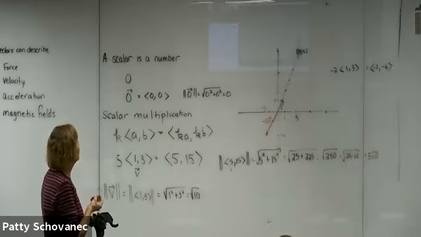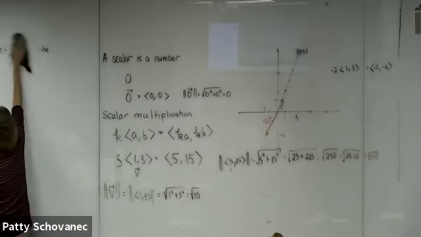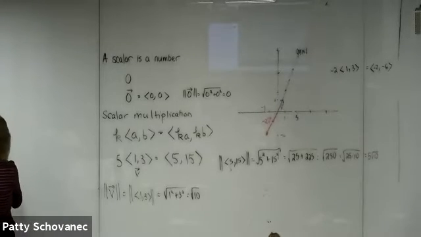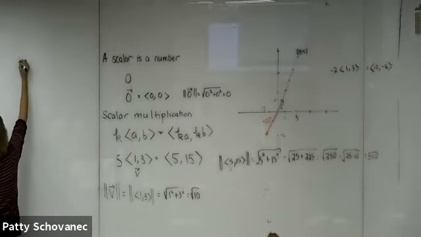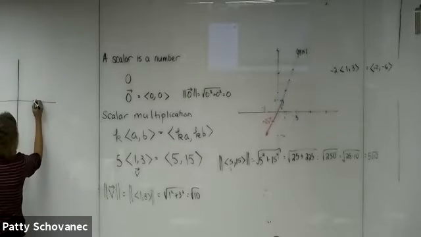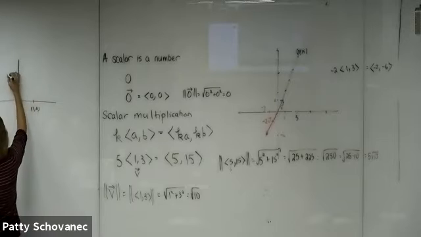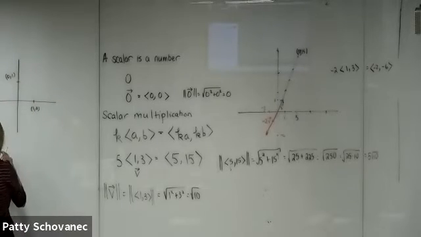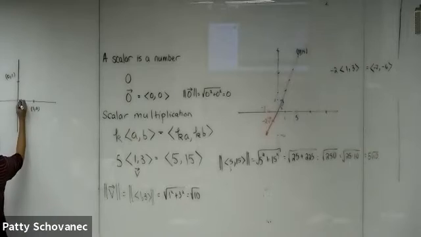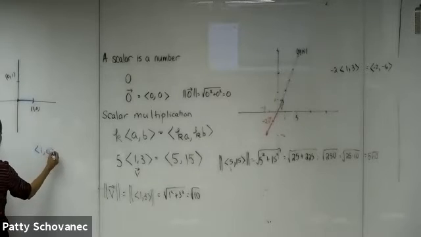Let me draw them. Here is R2 again. Here's the ordered pair 1, 0, and here's the ordered pair 0, 1. And if I use those as the terminal point of vectors in standard position, this vector, the vector 1, 0,